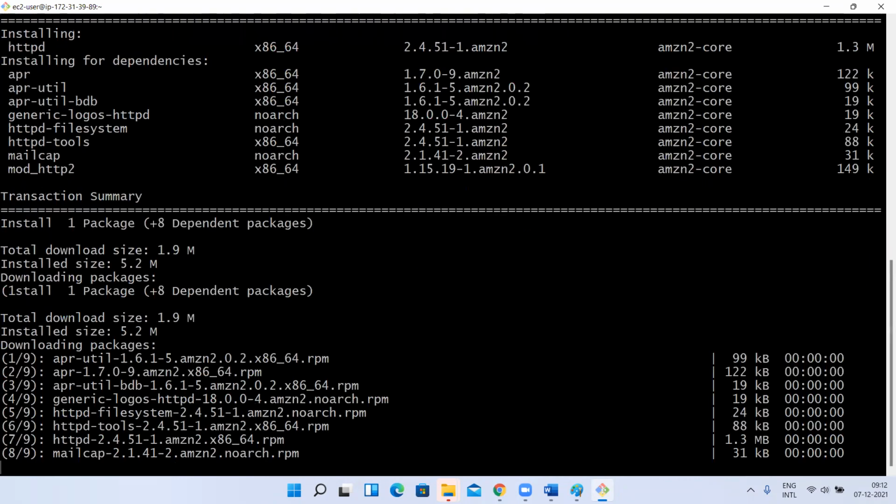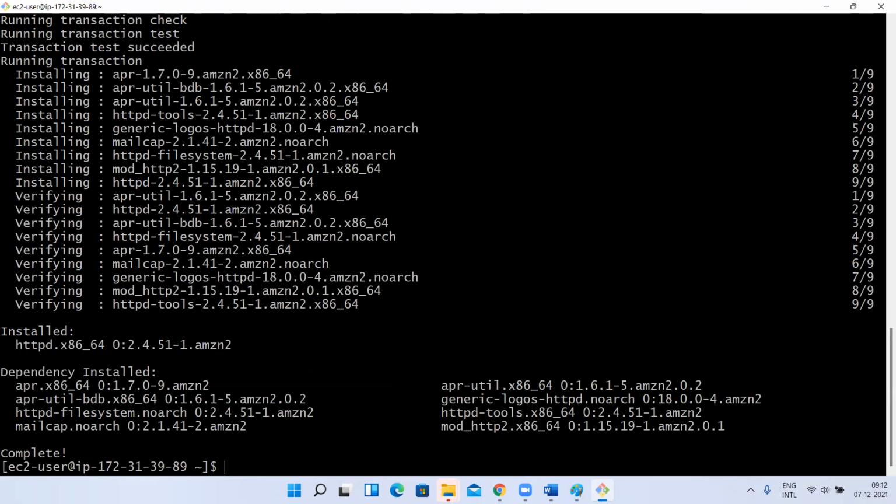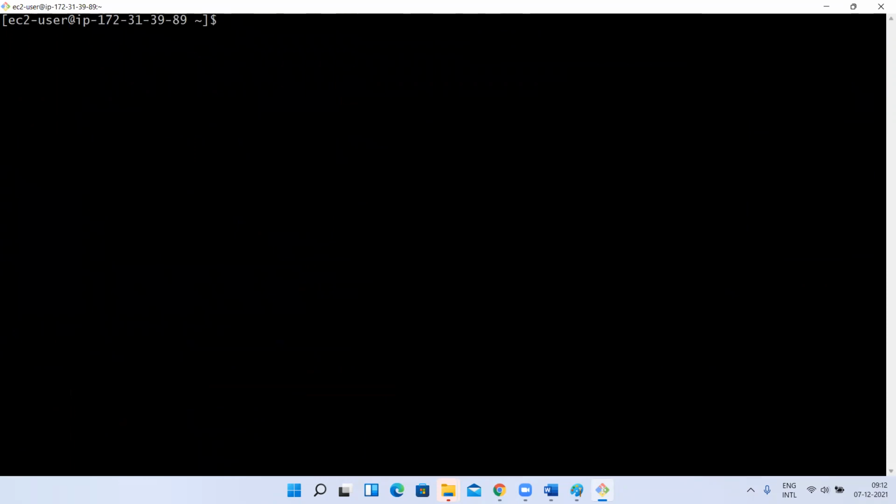This is there in the document. The steps I have also given you, no need to worry. Then sudo vi index.html.